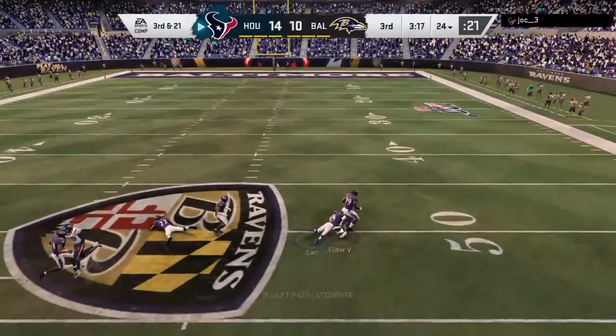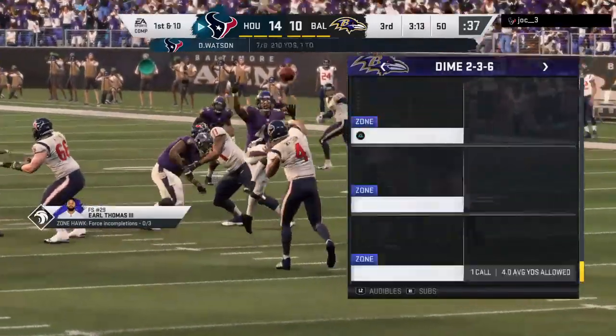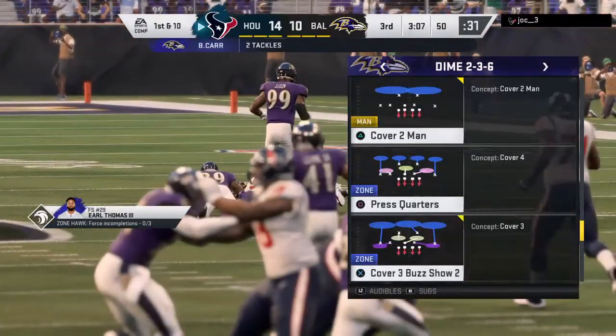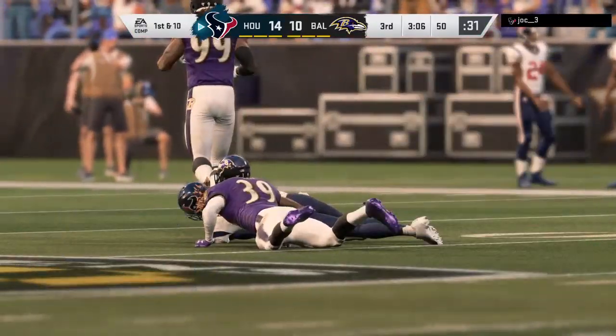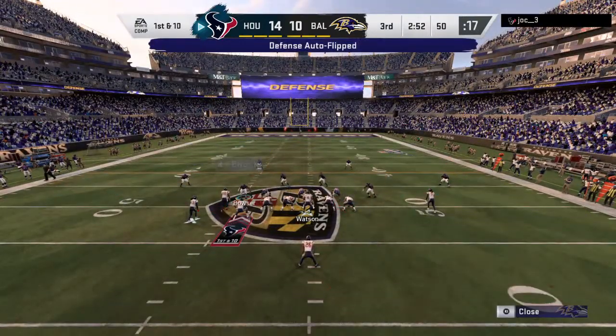And this one complete to Will Fuller. And he's got the 1st down yardage before being taken down at midfield. A good pickup there, 26 yards. This is it. 19. 58 right there. Get that